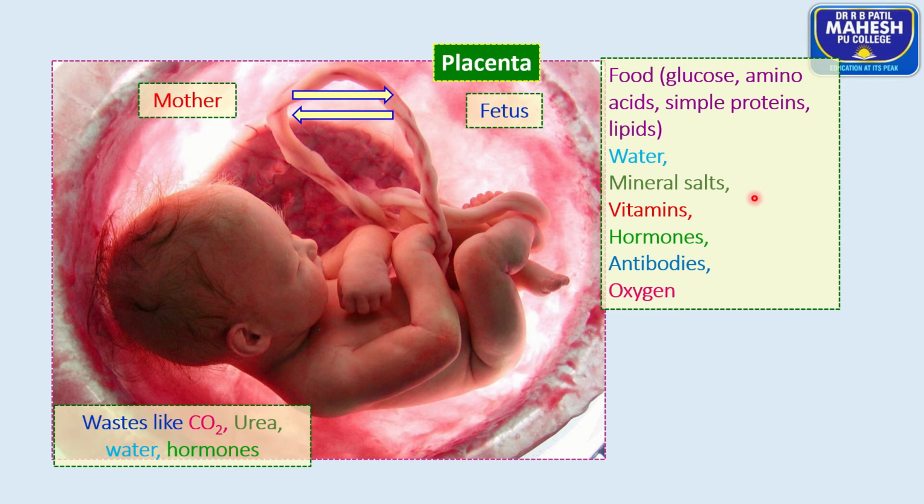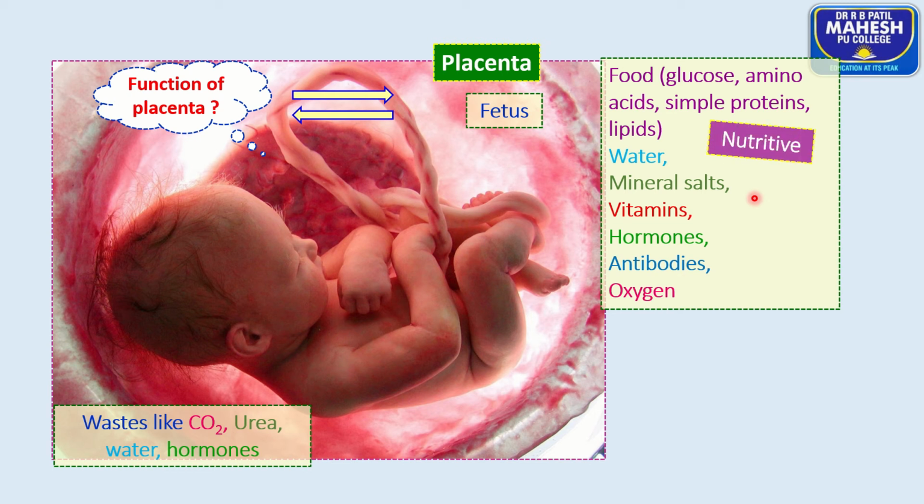Then the second function: the placenta acts as a fetal lung. It helps in the transport of gases, such as transport of oxygen from the mother's blood to the fetal blood, and transport of carbon dioxide from the fetal blood into the maternal blood through the placenta. Then lastly, the third function, the placenta acts as a